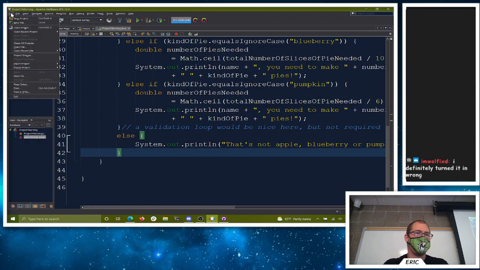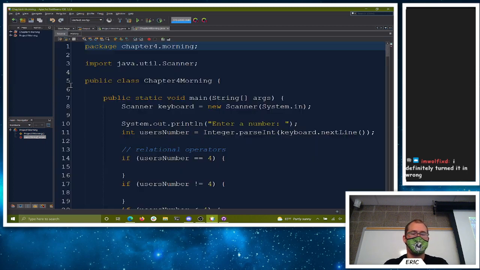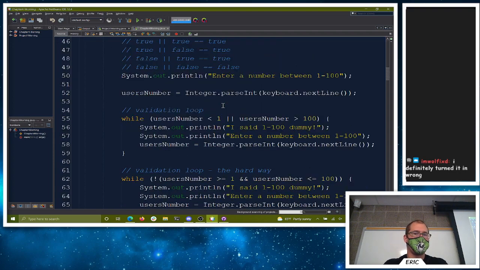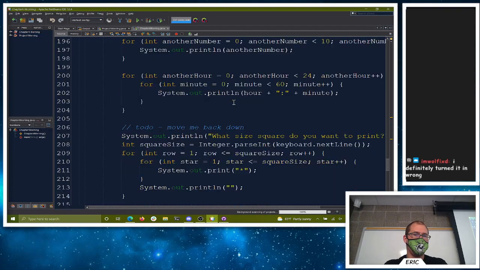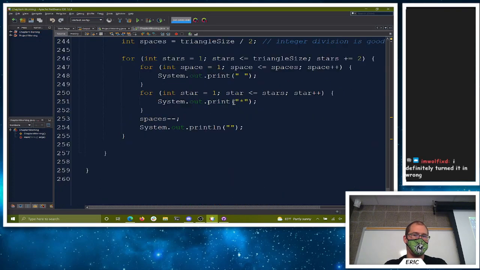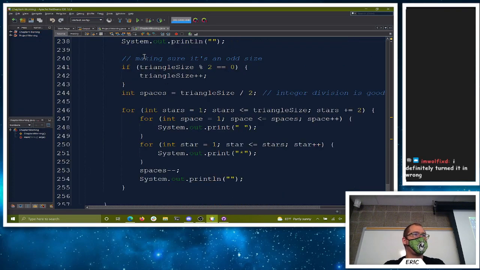All right, so let's find, we had chapter 4 from the morning that we were working on previously, and we got through doing a couple shapes, right? Did some loops, did some validation loops, we did some nested statements, and I did remember to put them back down at the bottom here with all of our for loops here. Okay, we got relatively far on this. Let me see how much else we have in here.